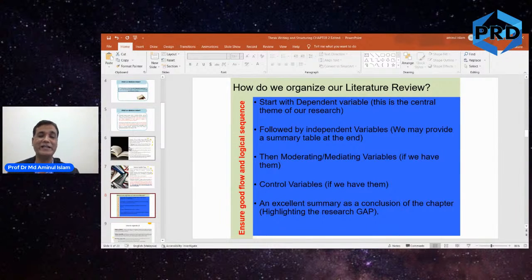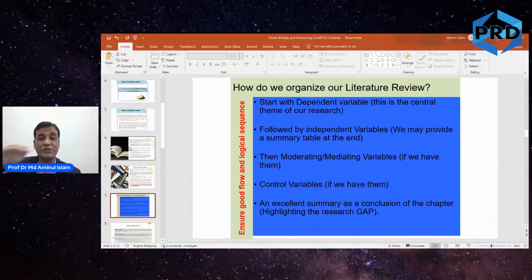definition of human resource management, dimensions of human resource management, all about human resource management. At the end only, he started talking about organization performance. That is wrong. Your dependent variable is basically the research problem, the main problem that you identified, defined, and selected to undertake research on it. So all the issues connecting to it, all the issues contributing to the main problem become independent variables.